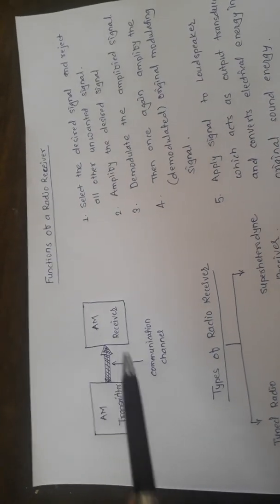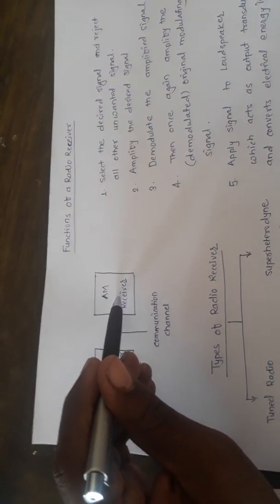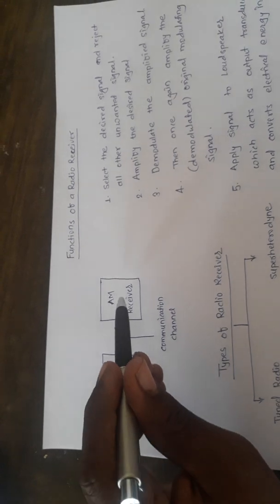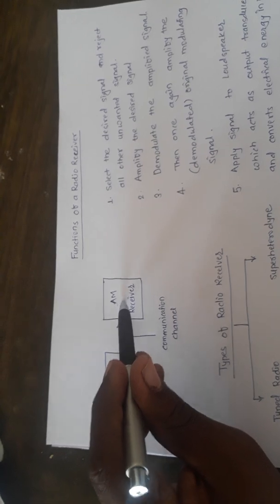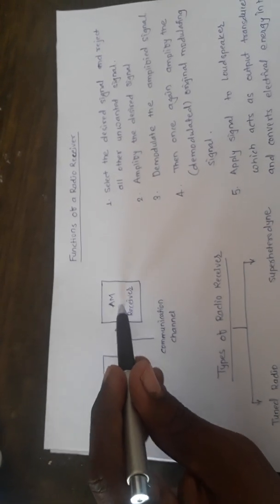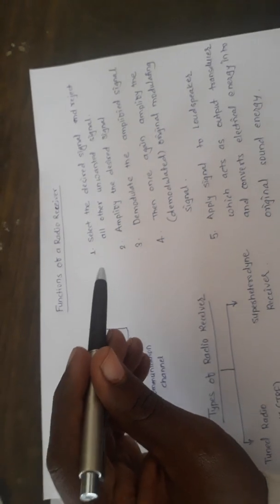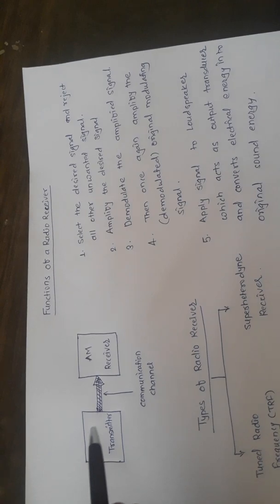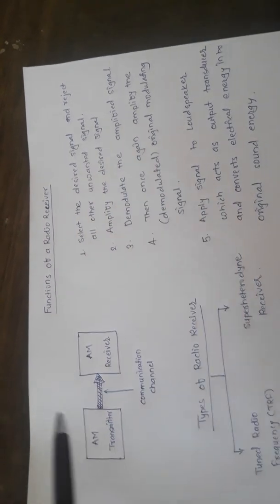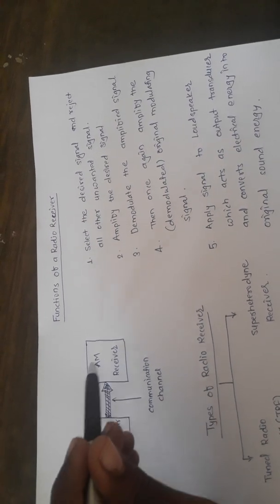Now, our task is to know the function of the AM receiver, or in general terms, the different functions of radio receivers. We must know these functions so as to implement the block diagram of the radio receiver. So, before moving to that, let us go through the functions of radio receiver step by step. Whatever signal is transmitted from the AM transmitter will be received by the AM receiver or the radio receiver.